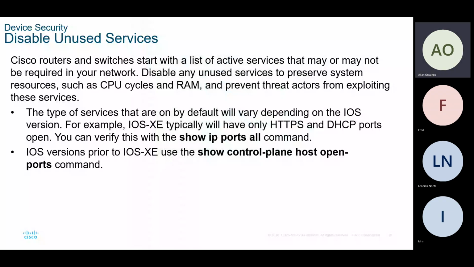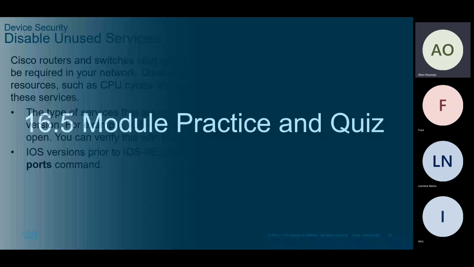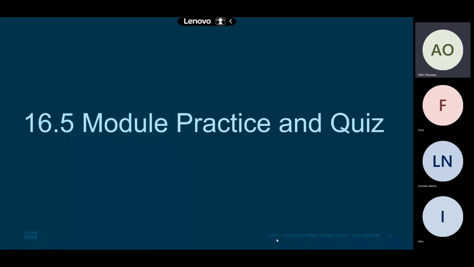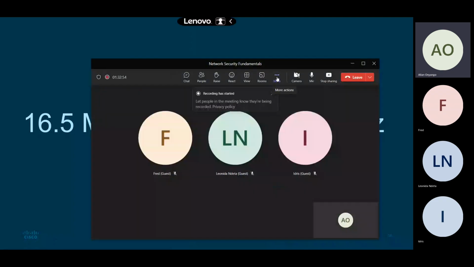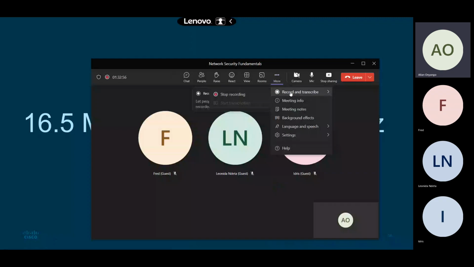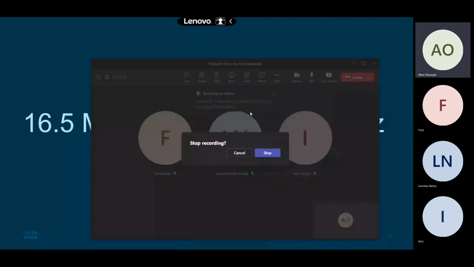Any services or ports that are not being used should be disabled. Even ports that are not being used should remain disabled because hackers can often take advantage of them. So that's the end of that particular chapter, and I want us to do now the very last